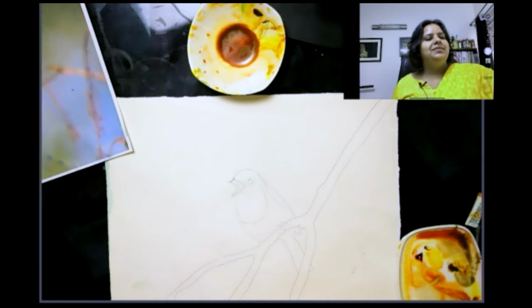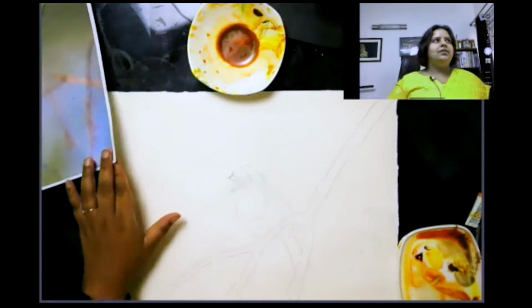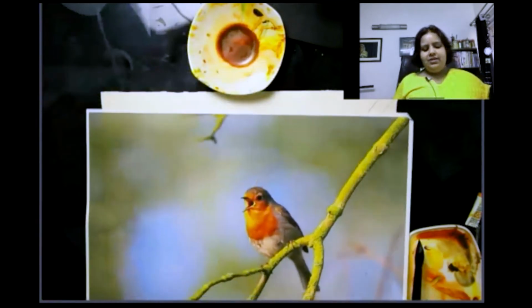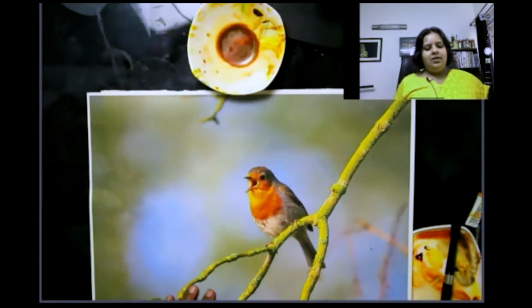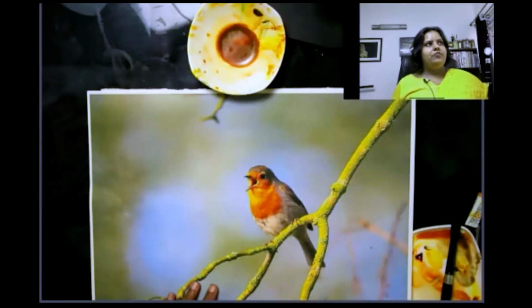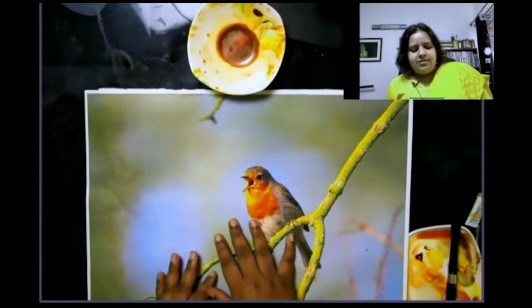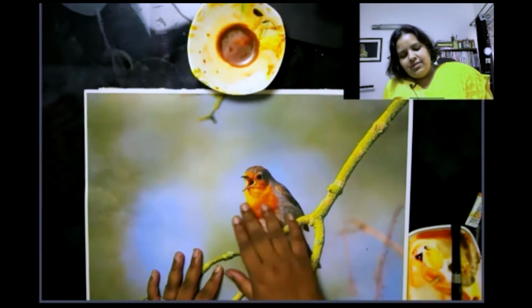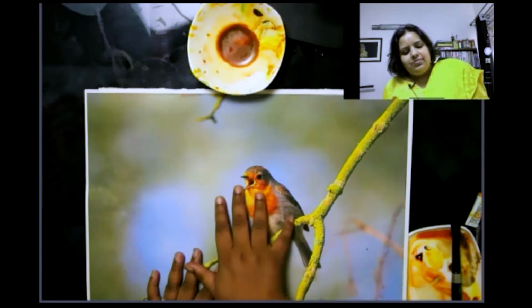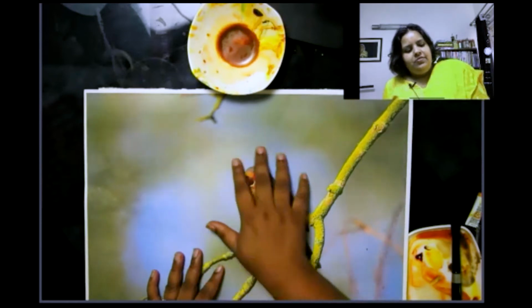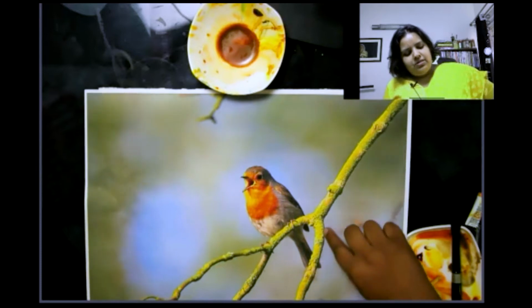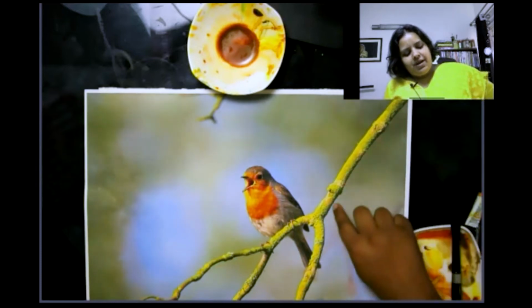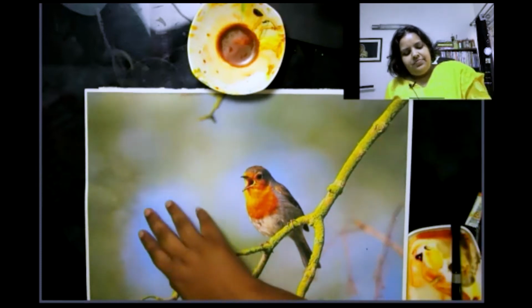Hi, Sharad. Before we start painting this bird, we will just analyze and look at the reference photo for a minute. You will notice that the light is falling on this bird from this side, even on the branch, because the edges of the branch are dark.